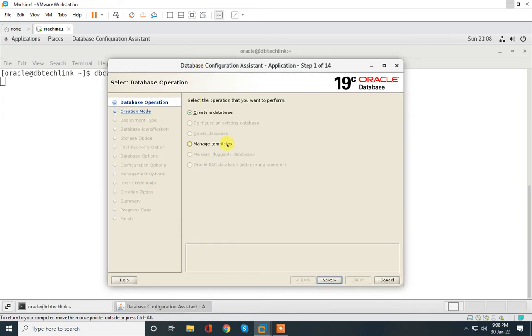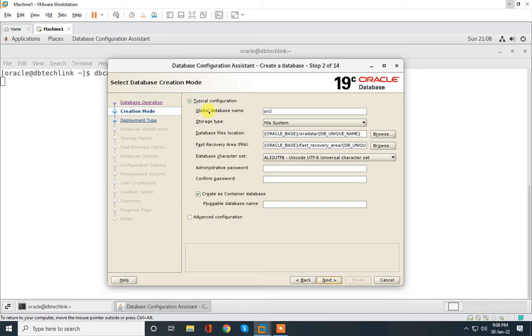Okay, so let's start. Here we will select create database, click on next. Here we have two options, typical configuration and advanced configuration, right? In typical configuration, you will see there are already some fields like global database name, storage, file system, database file location, right?